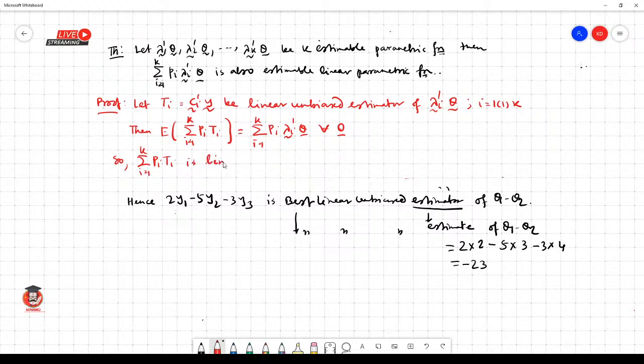a linear unbiased estimator of the summation i from 1 to k of π_i λ_i' θ. So this means if the parametric functions are estimable,